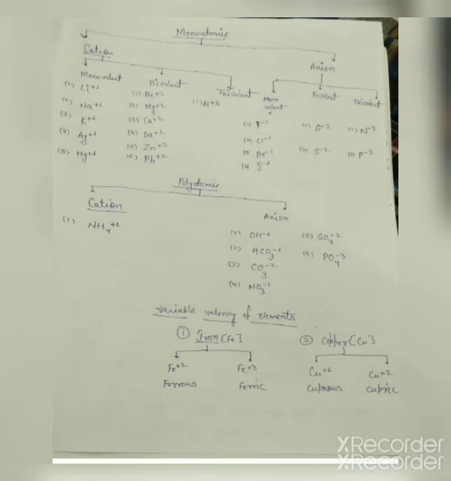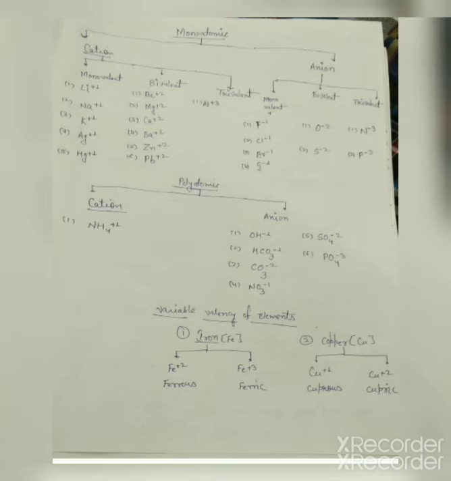Likewise, copper, Cu means cuprum. If we take the valency of copper as 1, then it is said to be cuprous. If we take the valency of copper as +2, it is written as cupric. So it is all about writing chemical formulas. We have discussed valency, ionic charge, configuration, some rules for writing chemical formulas, and some elements which are not under 20 or which are beyond the number 20. So now the topic is finished.